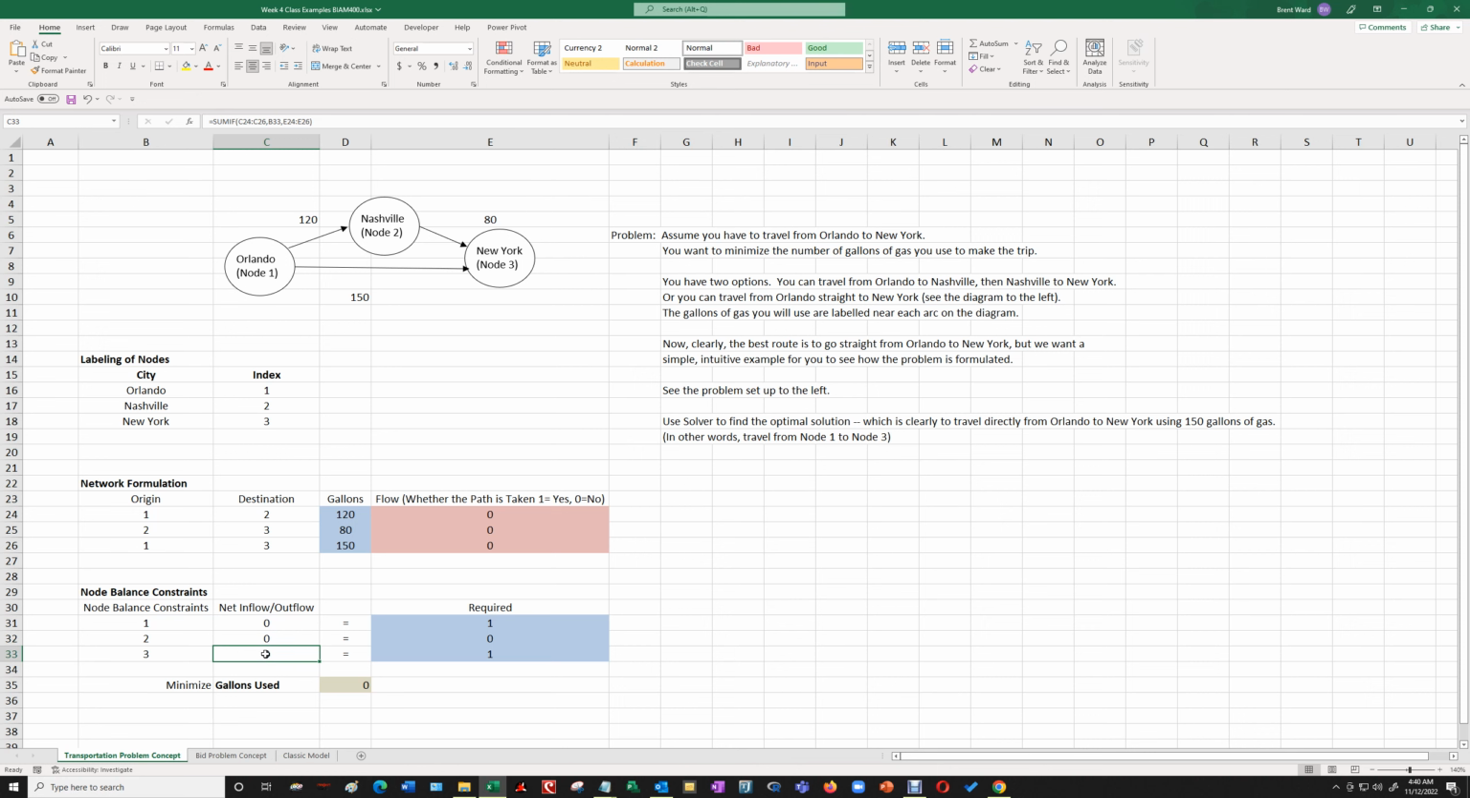And then the number 3 is you must have an inflow of 1 for New York in this model, because you have to get to New York eventually. Okay, so an outflow of 1 from Orlando is mandatory, and an inflow of 1 to New York is mandatory. And if the model does want you to go to Nashville, there must be a net outflow of 0, 1 unit in and 1 unit out. Okay, so that's why we have these